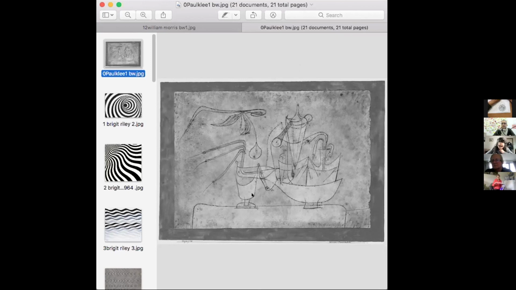So here I've got an image of an artist called Paul Klee. Some of you might have heard of him. He was a Swiss artist who worked in Germany, and he came up with the concept of taking a line for a walk.